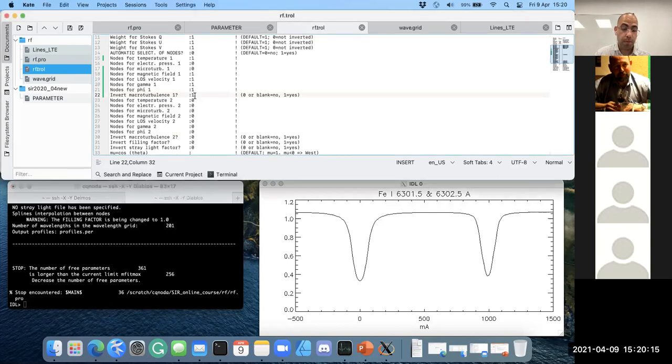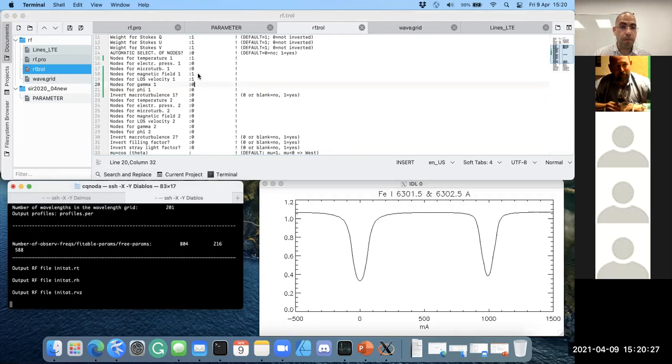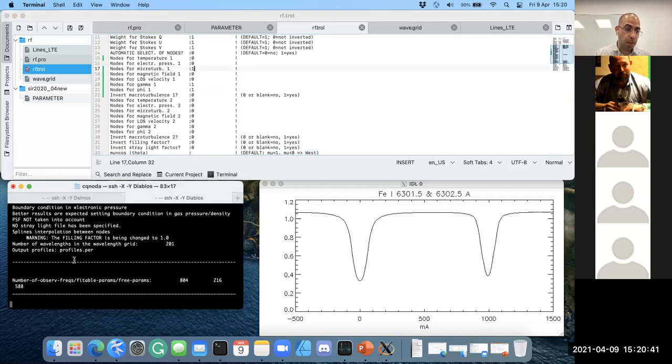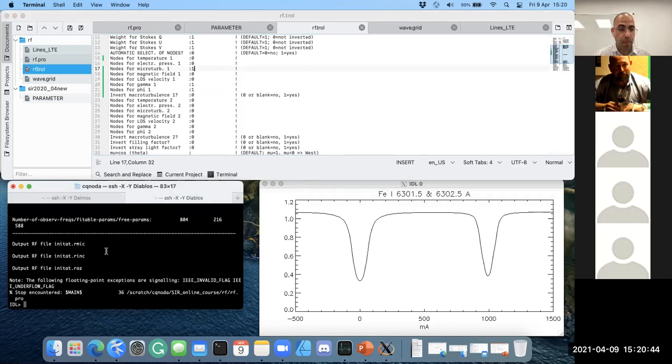So then one option is to just run it for fewer parameters, like this. And you say, okay, I'm going to compute temperature, magnetic field, and velocity. And this time it works. And then you say, okay, now I have this, so I want to do it for the rest, like inclination, azimuth, and, I don't know, for example, microturbulence. So then you can do it like this, and you see that it's writing different names. And for a simple test, which is most of the cases where you run a response function,